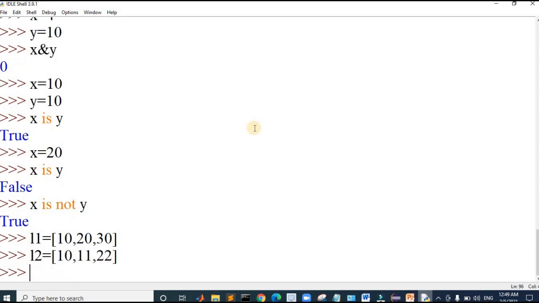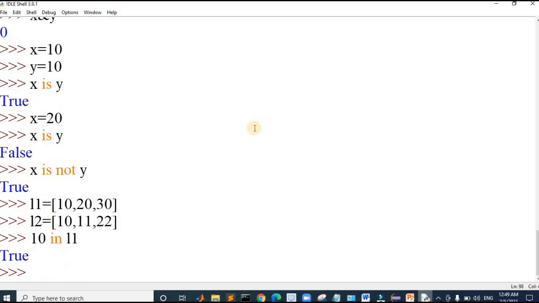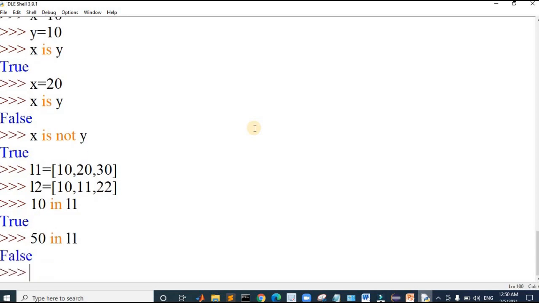If I would like to check whether some value is in this list or not, say 10 in L1, yes, it is there, so it returns true. If I check 50 in L1, it says false because 50 is not in list 1. Similarly, in case of list 2, we can do the same.